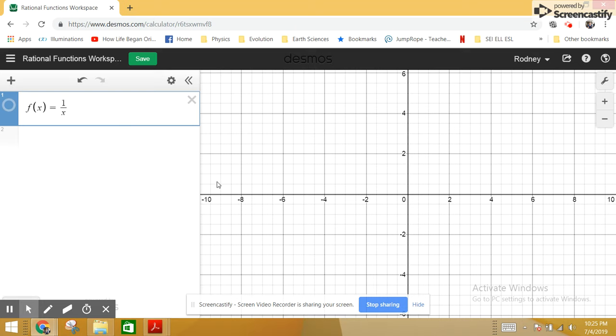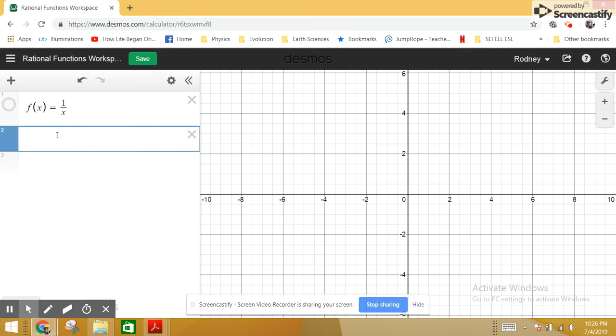A continuous function would continue across all of the domains possible. It would not get interrupted anywhere. A continuous function would not have a break. But this one is going to have a break. And this break is going to be at an x value that cannot be used. Now, the x value that can't be used in this case is 0, because we can't divide by 0.